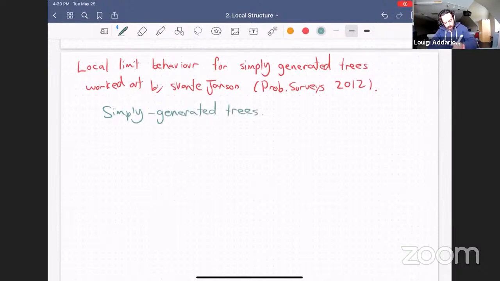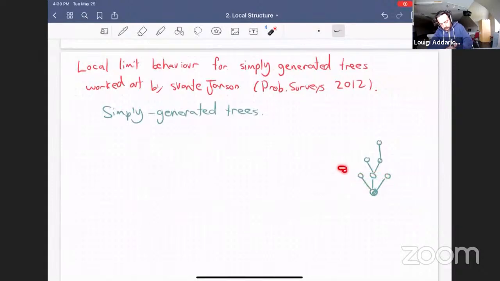So these are trees which are again rooted. They're not labeled, but they have a planar structure. Each vertex has some number of children that are ordered left to right. In this model of tree,